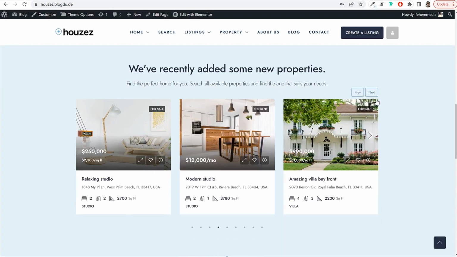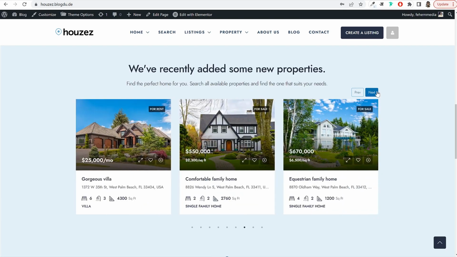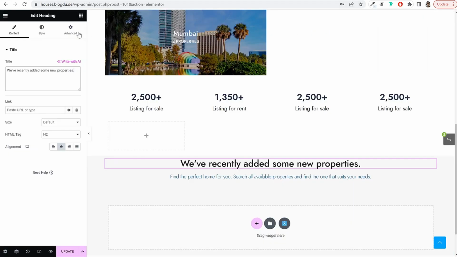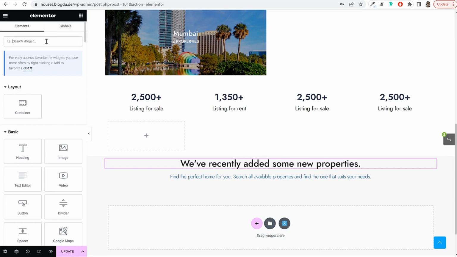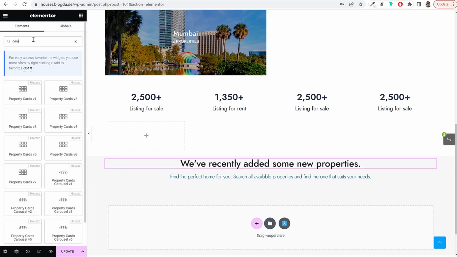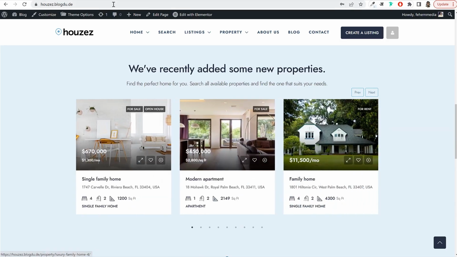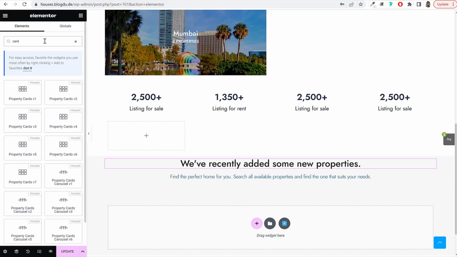Then below this thing, we want to add this slider. All right. You can see this slider. We have to add this slider. So for this, we'll have to search for this option, cards option, property cards. Now there are many different options, property cards, and we don't want to use the regular one. We want to use the carousel one. Okay. Because we have this option. So actually search for carousel,